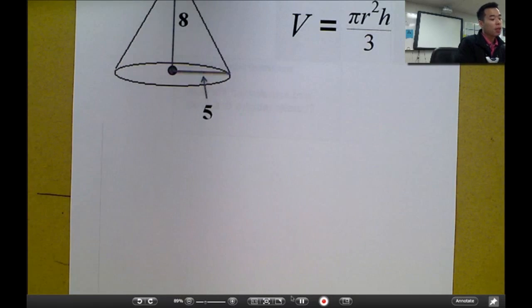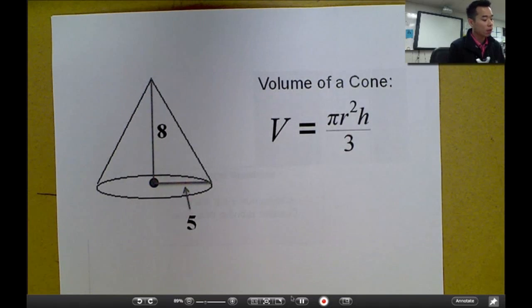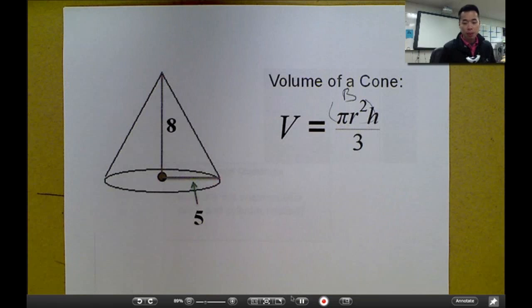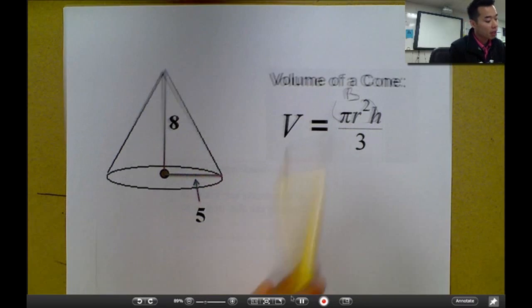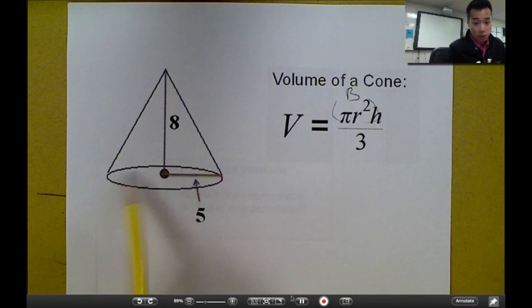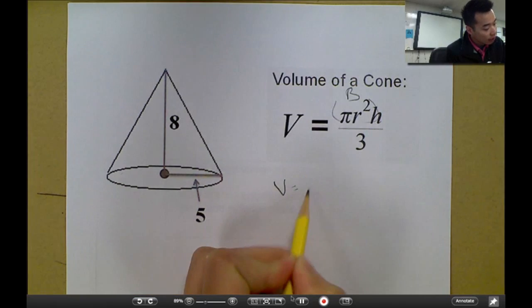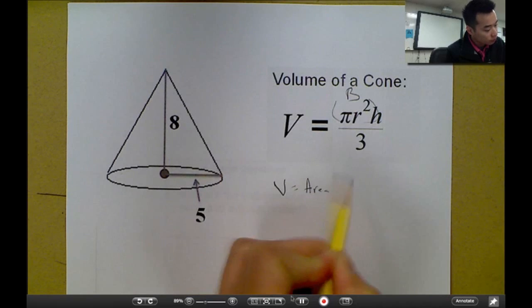Okay, moving on. Next we have the volume of a cone. Here's the formula. Again, the volume. This is the same thing as saying capital B. Whenever you see capital B in geometry, for this case, it will be the area of the base. Here, pi r squared. The base here is the circle, so the first thing we want to do is find the area of the circle